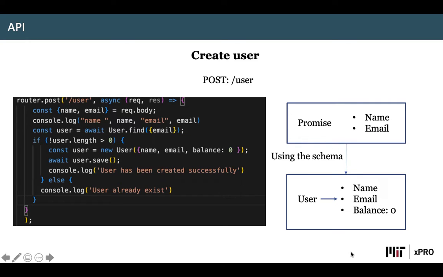Now I'm going to describe the APIs. The first API is create user. So in the front end, we have the create user option or function. This can be reached by logging in with Google or by creating an account using email and password. We use a post request to the root user, and in the data abstraction layer, we have a promise that